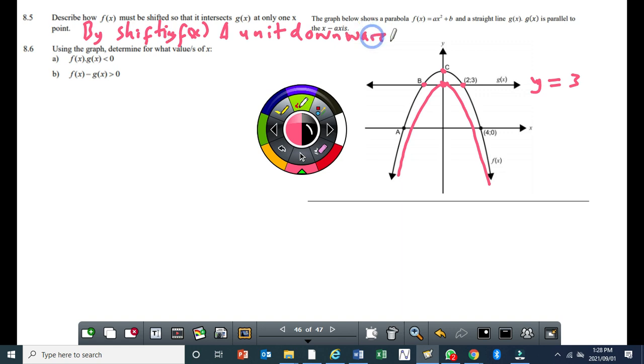So you just have to move f of x by 1 unit downwards. So that's straightforward. Then